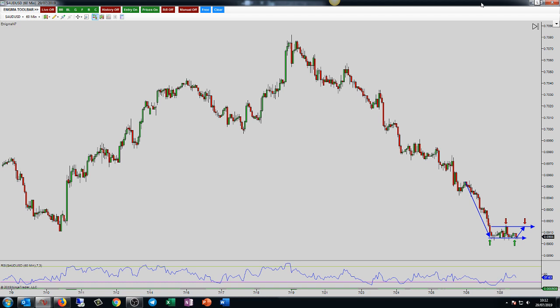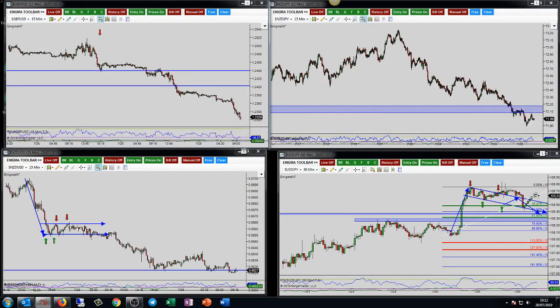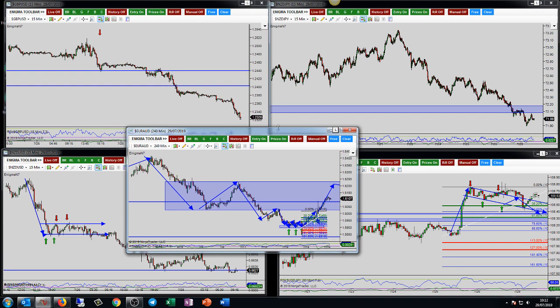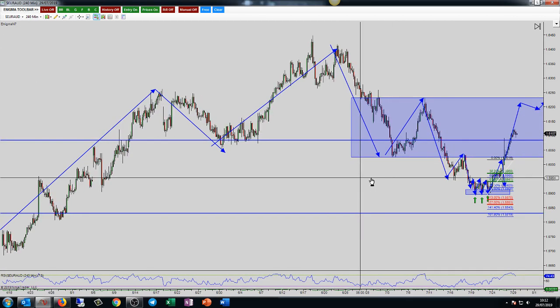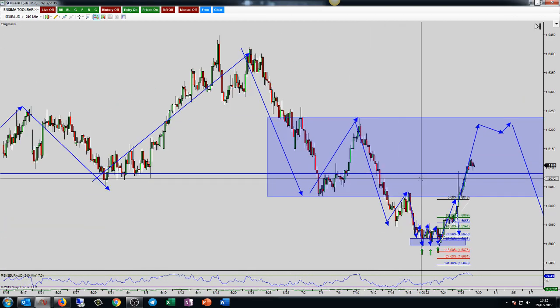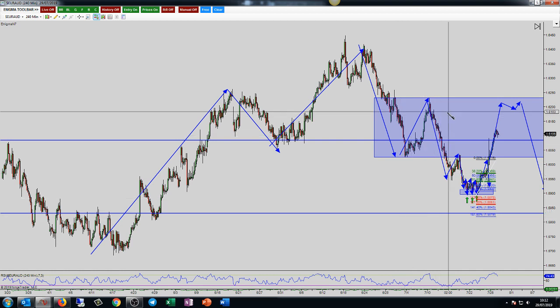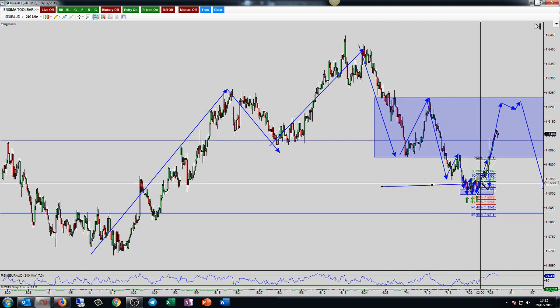Sorry about that, guys. Let's move that out of the way then. Let's go and take a look at the next one, which is going to be the Euro Aussie. Too much of a punt even for me, Pete says. Yeah. Okay, Euro Aussie. Okay, this was the big head and shoulders that we're still looking at shorting, but there was